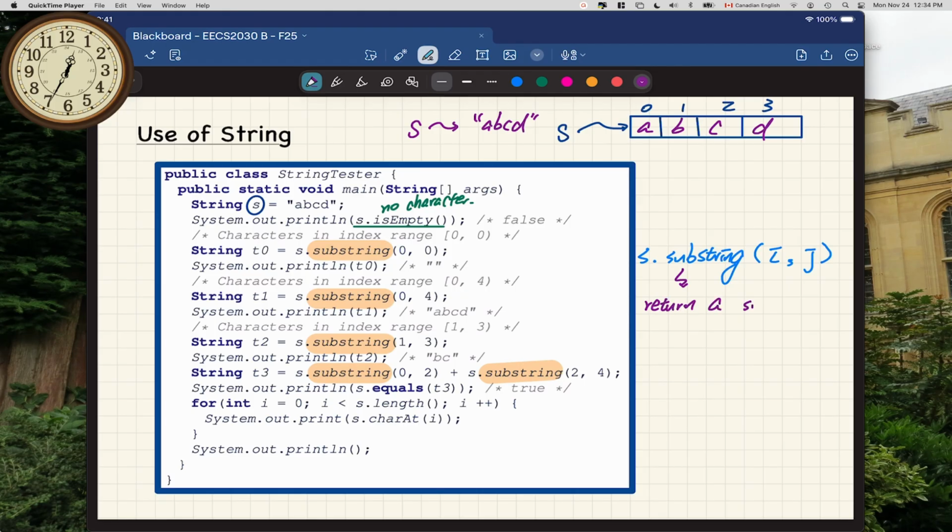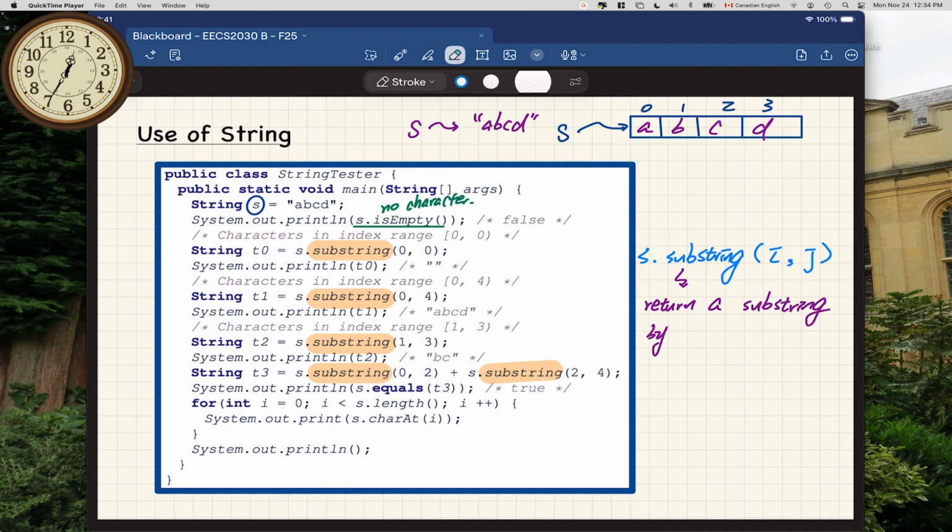We call it a substring. Potentially it could be shorter. It returns a substring by collecting, or you can say including, that might be a little bit better,